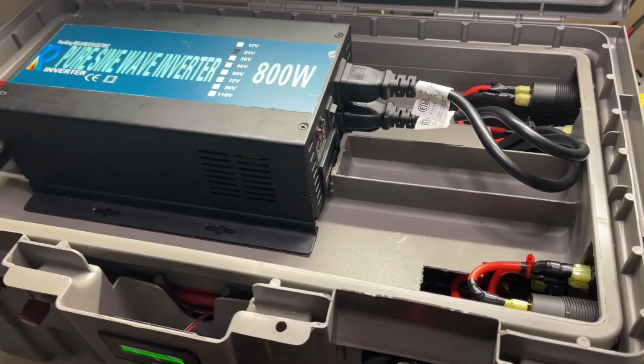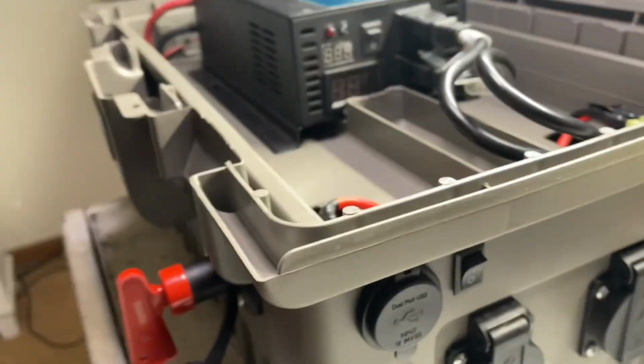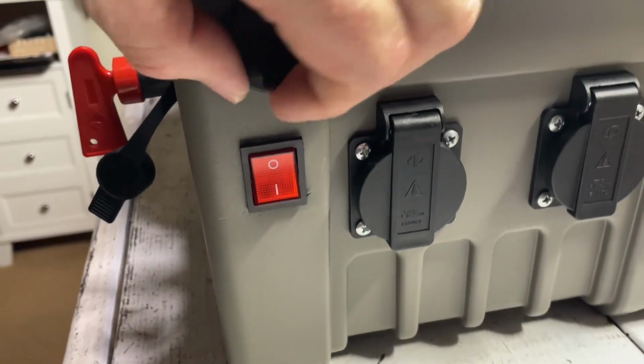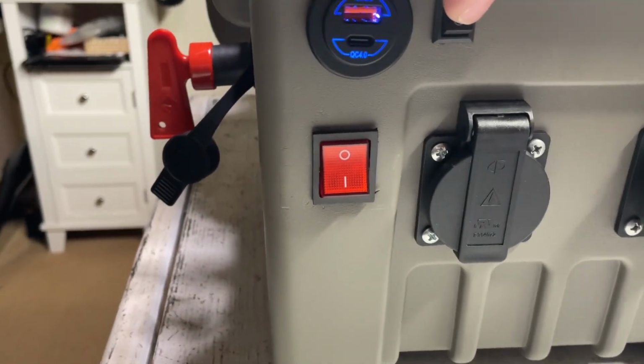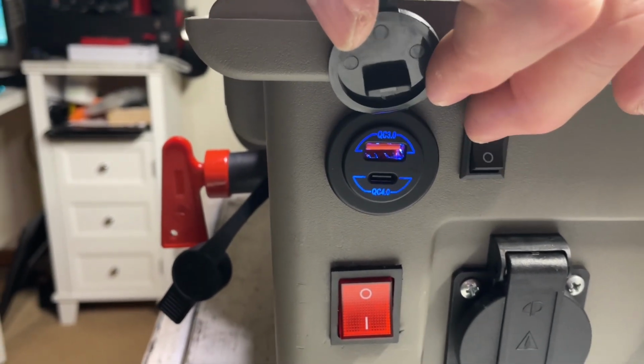So we are on right now. As you can see, we have 29.1 volts. Let's walk around to the side here, and if you check this out, we turn this on, our USB comes on. These are our 100-watt ones,